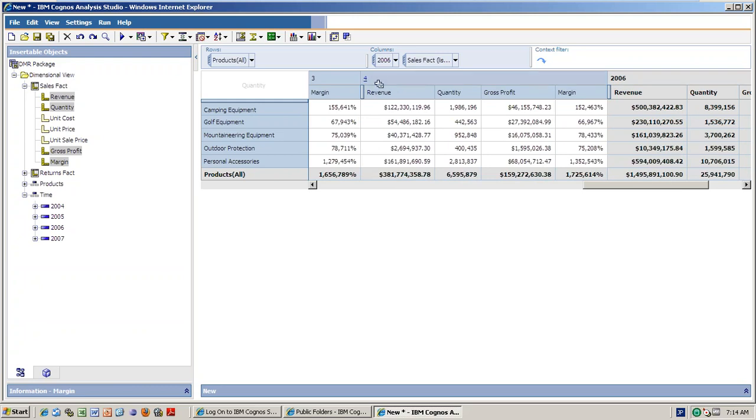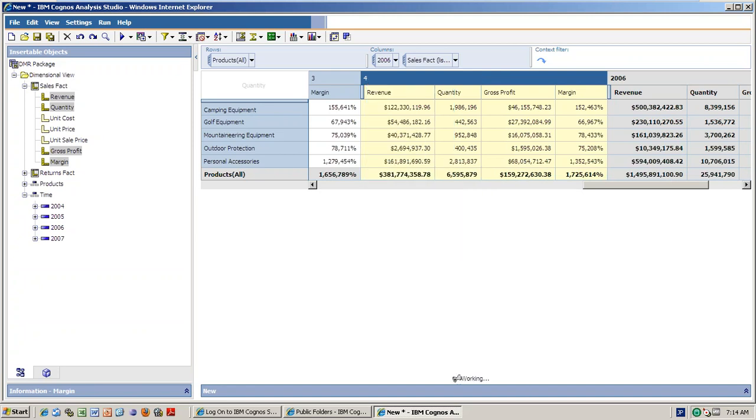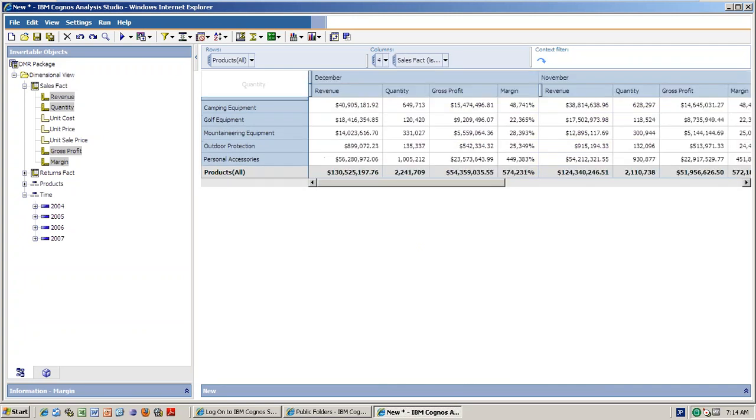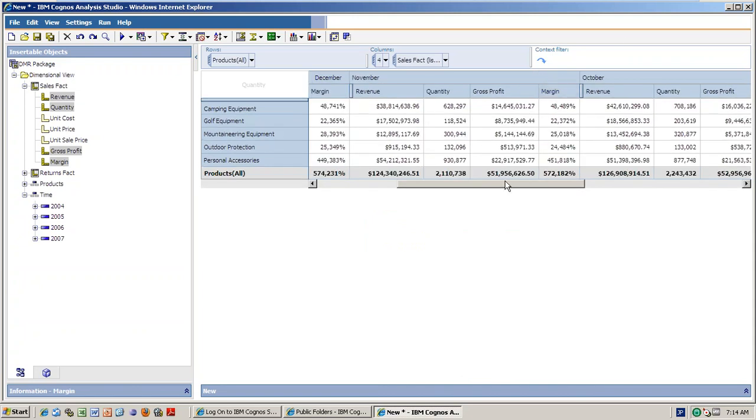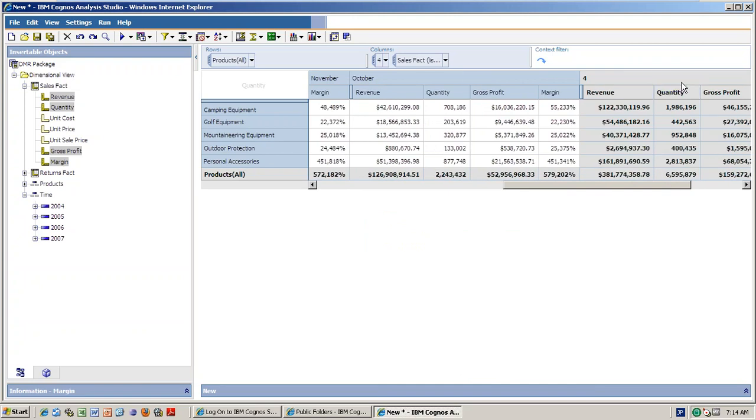And fourth quarter, if you want, drill down, that means just go drill down. So it may be October, November and December, right? Fourth quarter. So that information will come for revenue, quantity and gross profit. See now, December values, November values, October values for fourth quarter, like this.